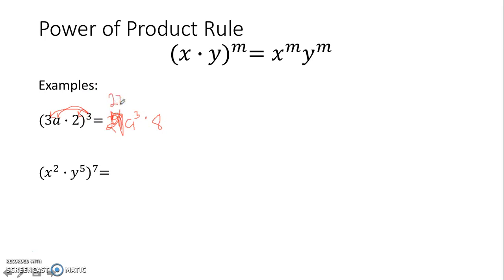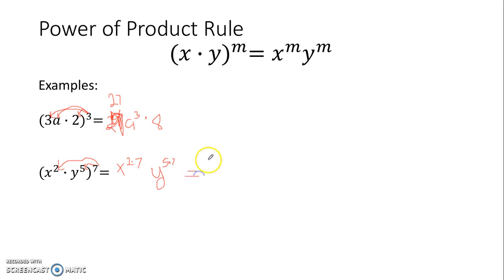All right, the next example that we have is x squared times y to the 5th power, all of that to the 7th power. So we need to distribute that 7. So x to the 2nd power times 7, times y to the 5th power times 7,